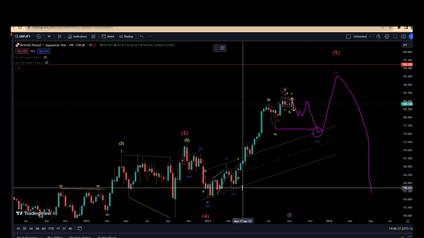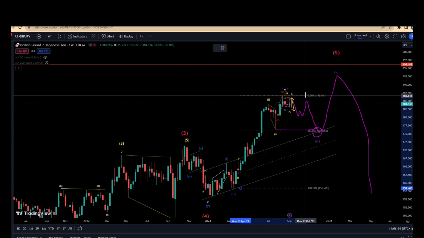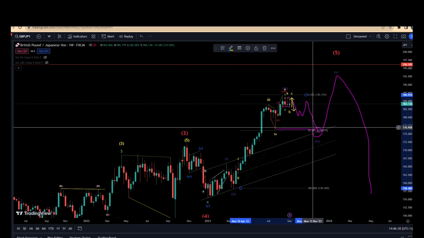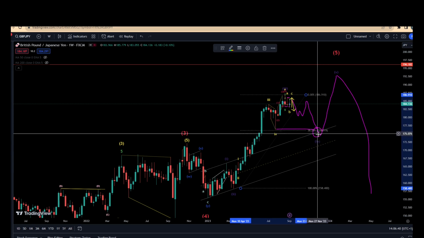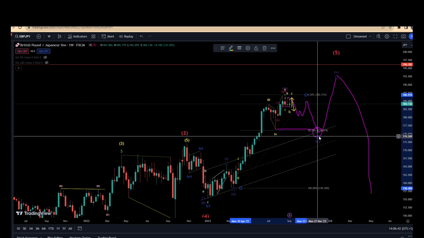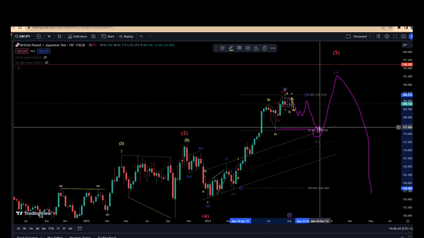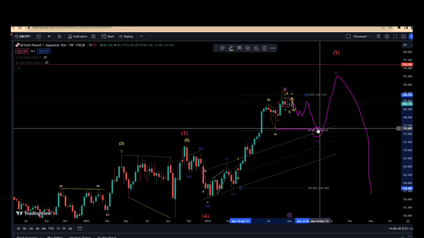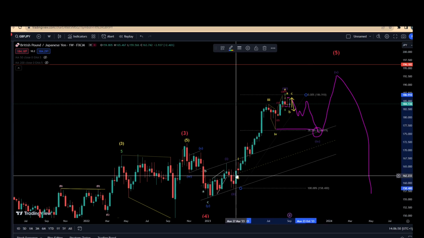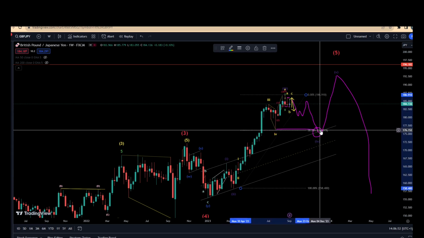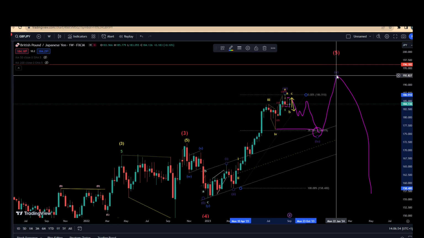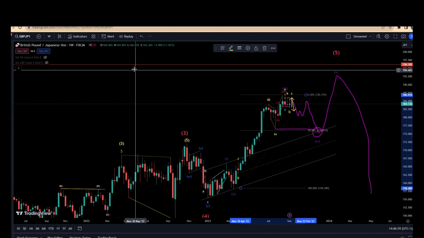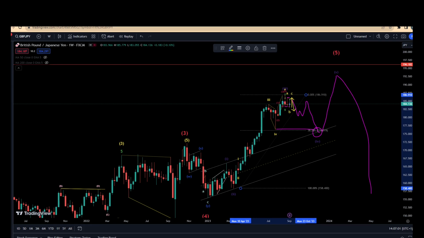Ideally, you want to look for that 38% level to be hit, which is around here, which is what I said about these levels. Around this 38% level, we'll definitely get that nice textbook style wave 4 correction to then look to go towards the upside. If it eventually hits the top trend line, when you look at channeling in Elliott Wave theory, the wave 3 usually breaks out of the channel, and the wave 4 usually comes to touch the channel before you then get that entry towards the upside. So yeah, that's the overview of GBP/JPY, pound yen.